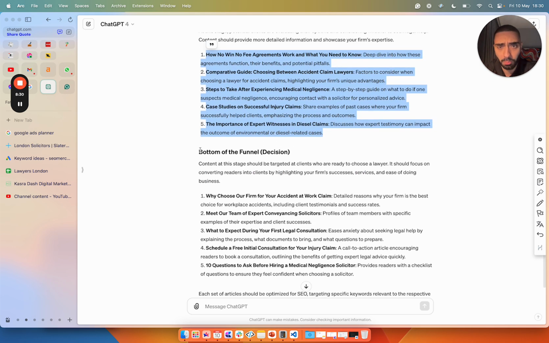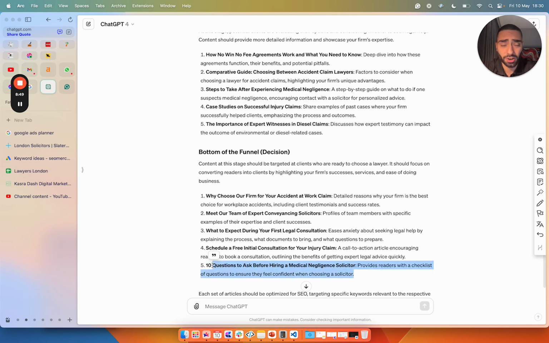And then you have got bottom of the funnel, so decision. Why choose our firm for your accident at work claim? Meet our team. What to expect during your first legal consultation. Schedule a free initial consultation for your injury claim. 10 questions to ask before hiring a medical negligence solicitor. So somebody that's searching these style of articles, they are very, very in market to hire a solicitor or a lawyer. So bear that in mind when you are